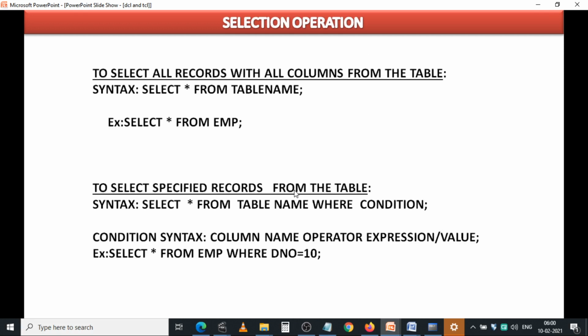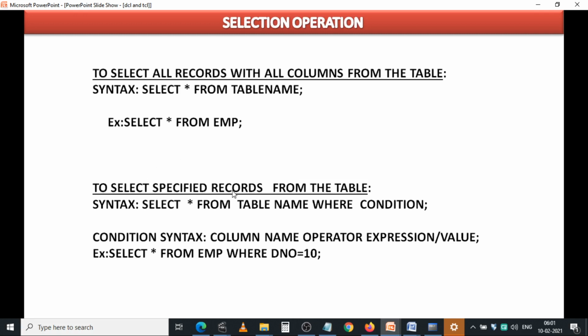So for the selection operation, follow the previous video on the select command thoroughly. To select all the records with all the columns from the table, the syntax is select star from table name. I have already shown you all these examples practically in the previous video. Just follow that.